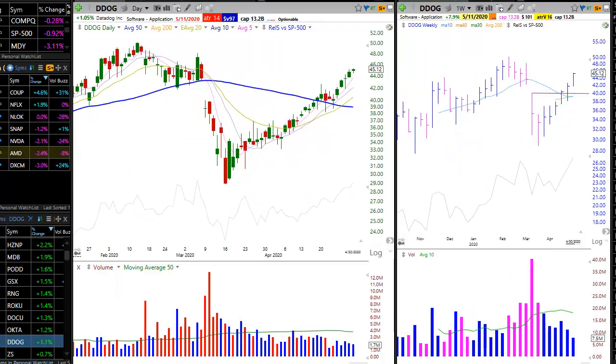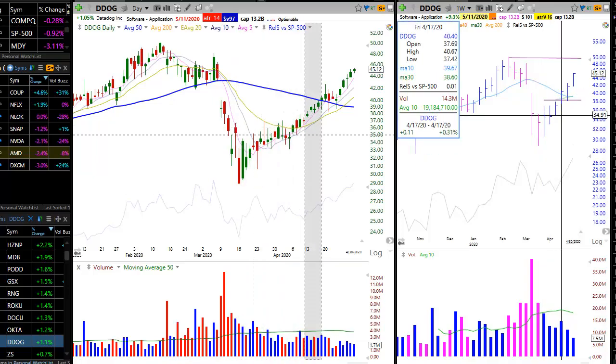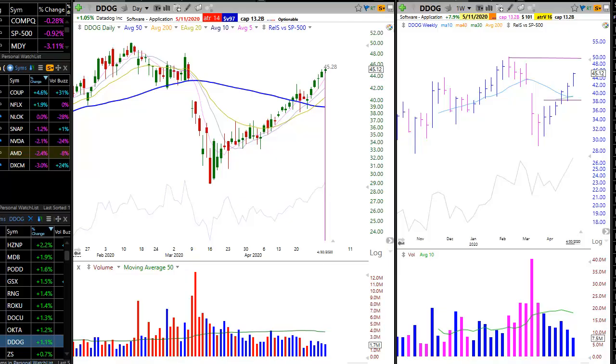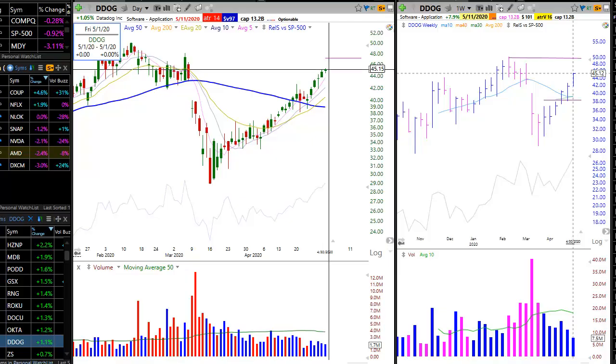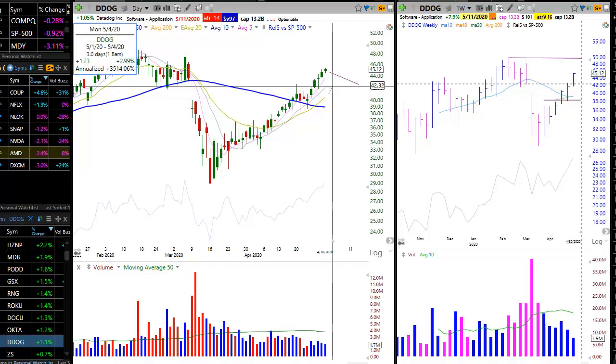D-Dog is an interesting stock. There's a gap down and then a nice base here for several weeks. I'd say, let's see, 1, 2, 3, 4 weeks. And it's moving higher from that consolidation and just needs to form some sort of handle here. So we're looking for the price to stall right around this area, or even where it's at now is fine, and just pull back in,